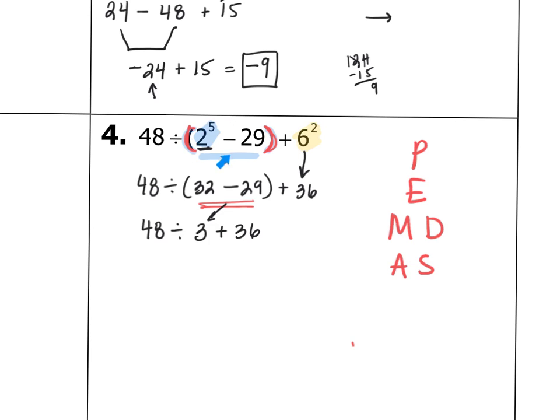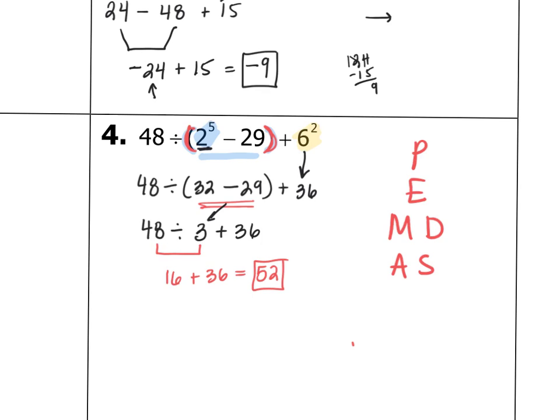Once we've finished fixing the parentheses and we've finished with this number in disguise, I see that I have division and addition. So I'm going to take care of the division because division does come before addition in the order of operations agreement. 48 divided by 3 is 16, and we'll add that to 36 to get an answer of